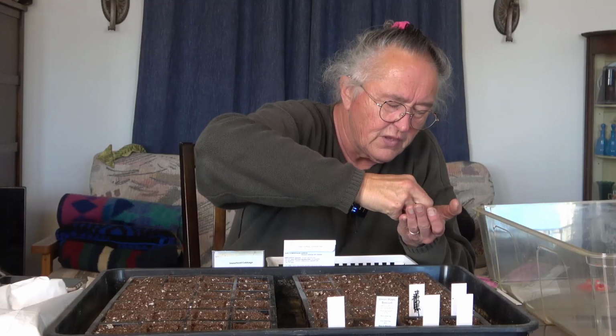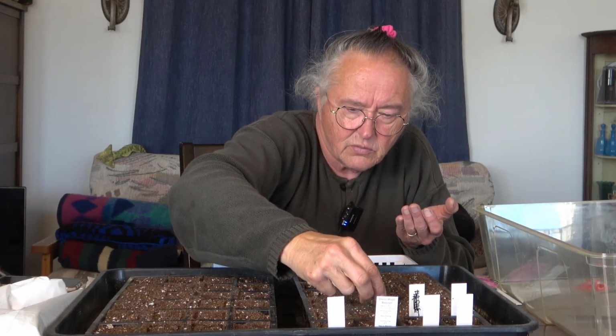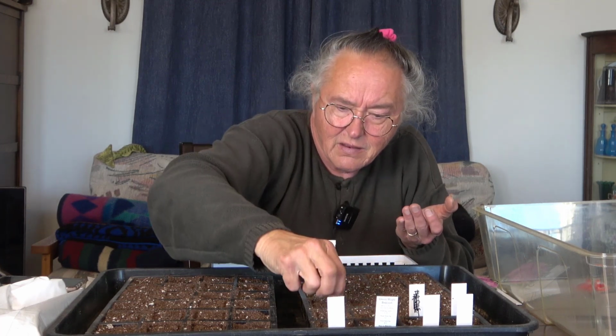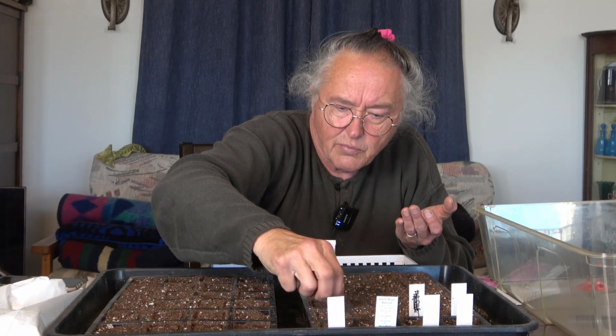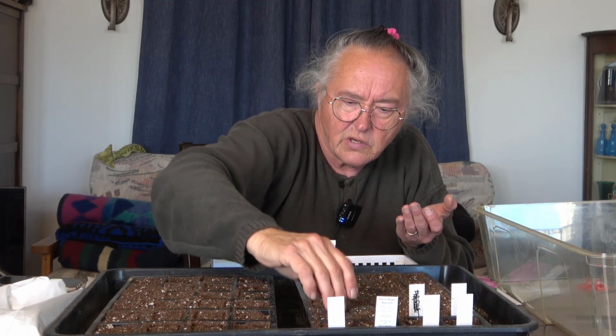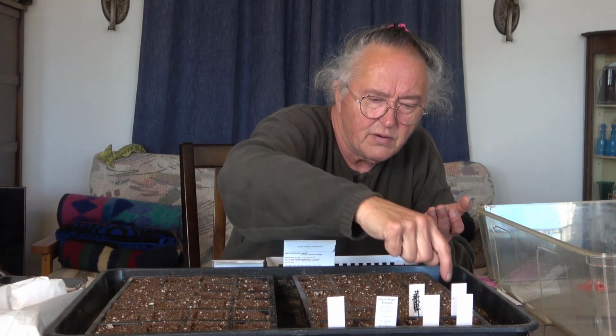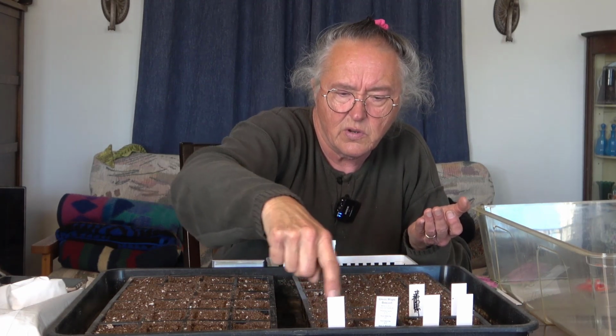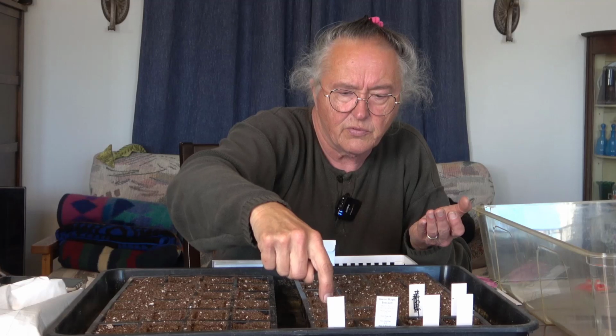And those are both going to be Tiara. Sometimes they roll right out, and other times they don't. That was one of those not rolling out moments. And let's see, in each of these, I'm planting 4 seeds. There's a pretty good chance that all 4 of those will come up. I can choose to eat some cabbage younger than others. What I'm going to do is, let's see, those are both,